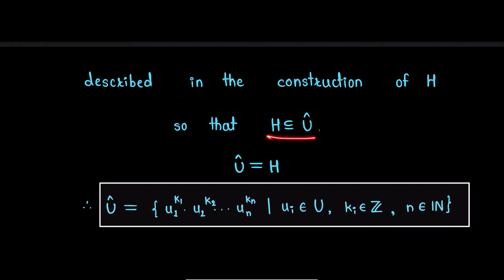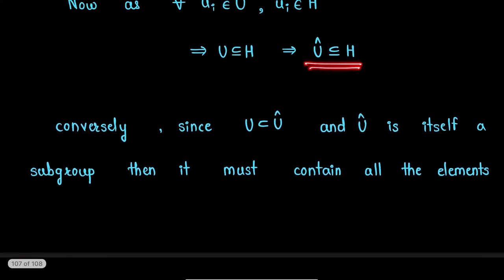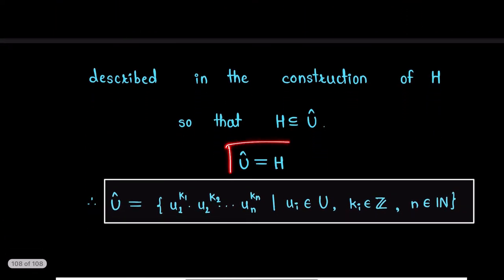Now as H is a subset of U cap and U cap is a subset of H, therefore U cap will be equal to H,